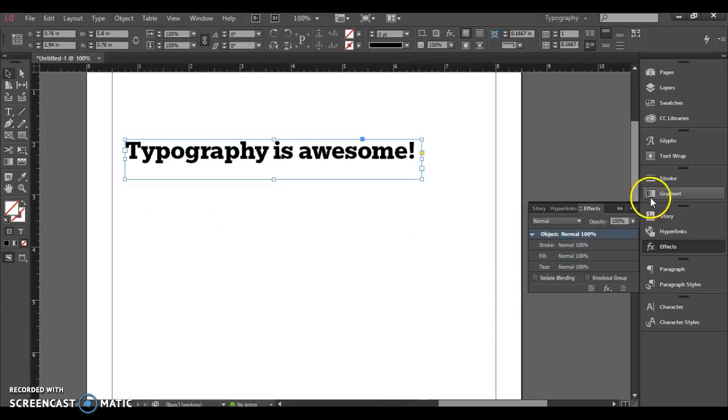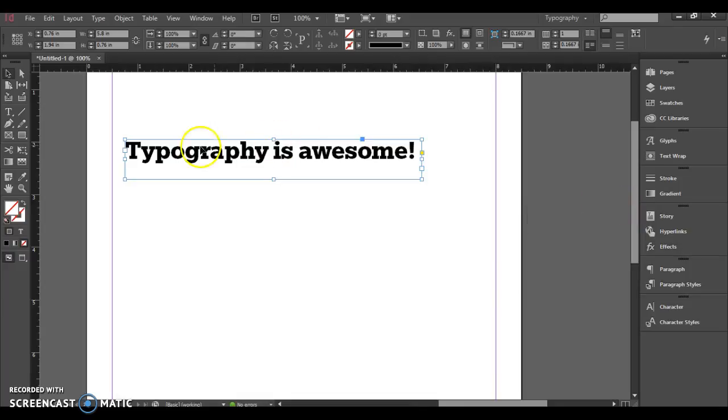But if you want to use a gradient, you can have it highlighted, come over here and click this typography, this T. It just makes it so you're editing the type and not the container. And then you'll click this gradient button. Adds a gradient to your text. You can hit the gradient swatch tool, just click and drag and add a gradient